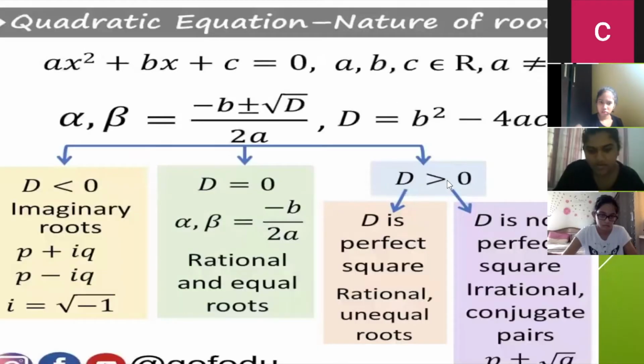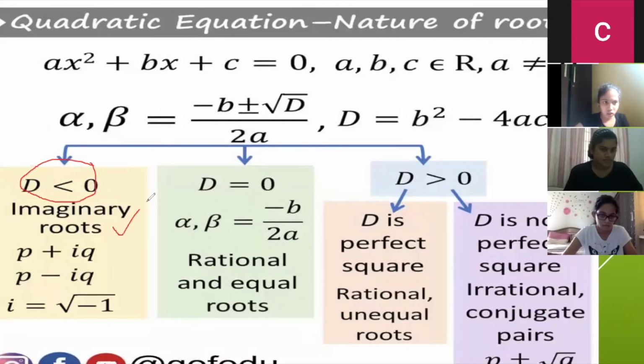Now children, if you observe, today is a very easy topic, very few sums. Don't worry, maximum not more than 10 sums. So D less than 0, imaginary roots. Inside the root a negative is there, that is indicated by i. It's imaginary roots. We will discuss it in future, children, not now. Don't think about that. Just write imaginary roots, enough.